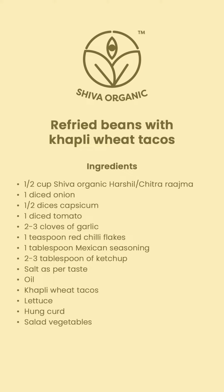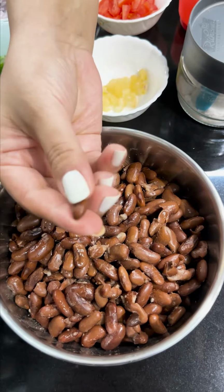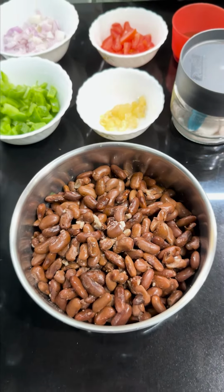Shiva Organic brings another very healthy recipe, the refried beans with Khapli wheat tacos. Soak Shiva Organic's Harshil Rajma overnight and in the morning pressure cook it for 4 to 5 whistles and drain